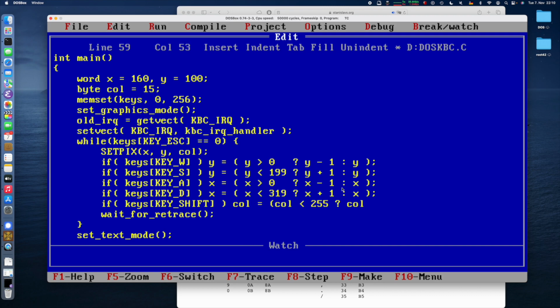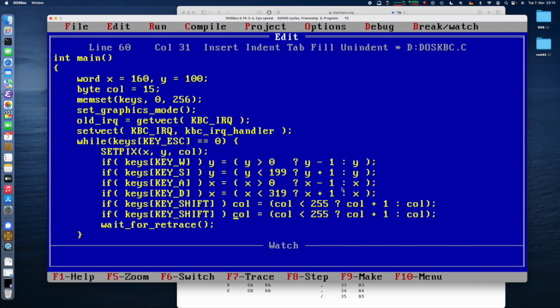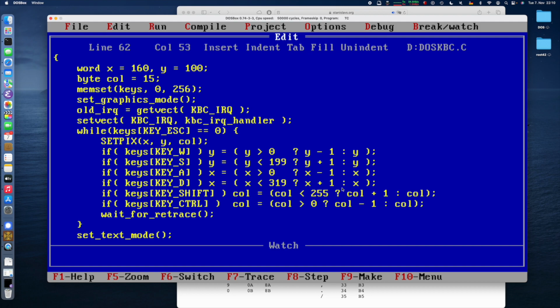Then return color plus 1, otherwise return color. So we don't wrap around or something. Although that could be nice, I think, having it wrap around. And here, if we are still bigger than 0, we will subtract 1. Okay, I think